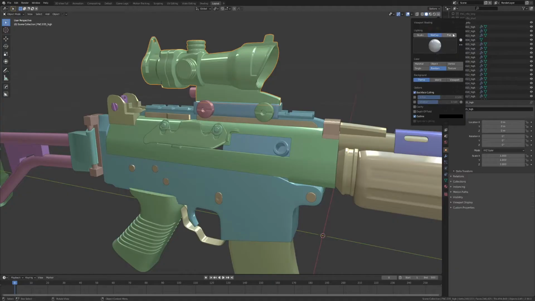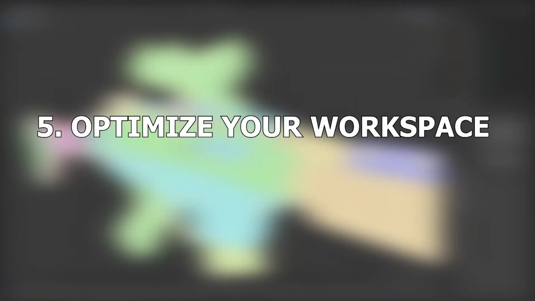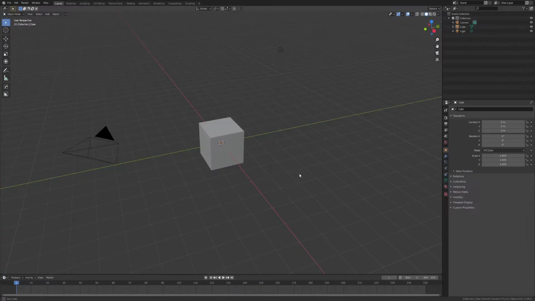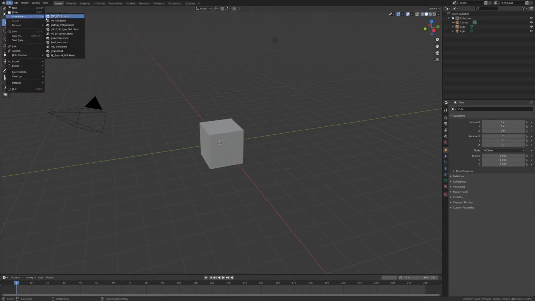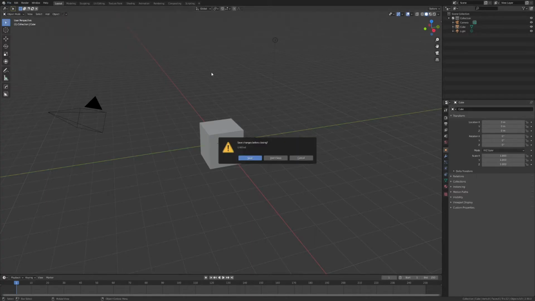Tip number 5 is to optimize your workspace in whatever 3D program you're using. Okay, so I'm going to go over how I set up my workspace in Blender, and I'm going to bring up a different file just so you can see what some of these changes do, but just know that once you create these changes, you can hit Ctrl-U and save startup file, and it'll save all these changes as your default startup file in Blender. So I'm going to bring up my recent weapon design,